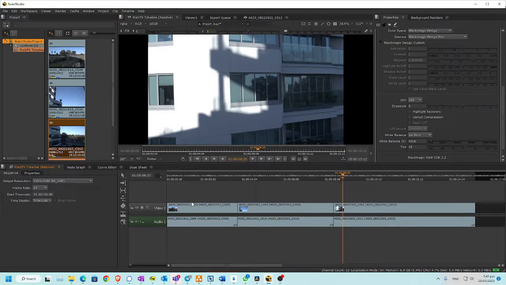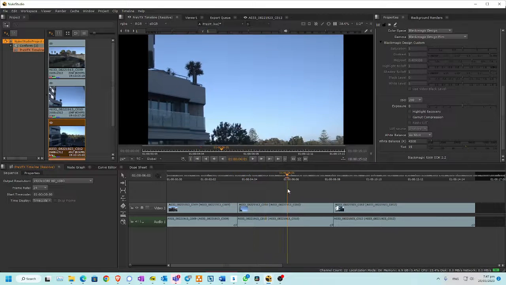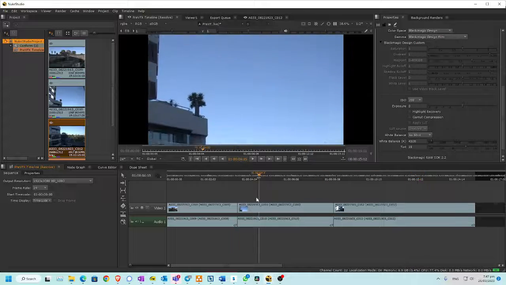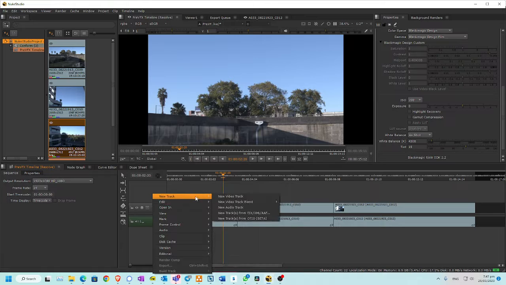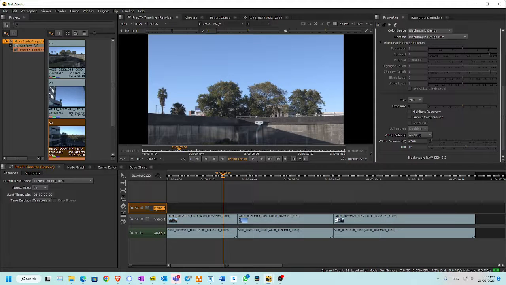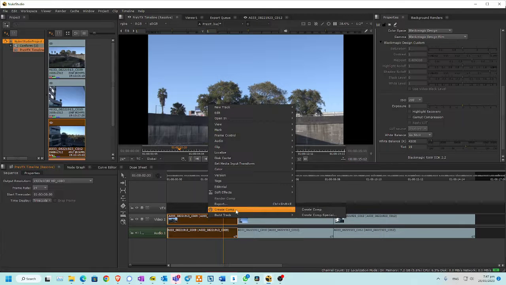So now this is your timeline basically. What you do, you create a timeline on top of this. Imagine that on each one of them you're supposed to add, I don't know, a creature or a monster that goes from here to here, or something happens. A VFX is going to happen. Add a new track, a video track. I usually call it VFX track. And then you upgrade each one of these. So you create a new comp for each one of these. You just right click, create comp,